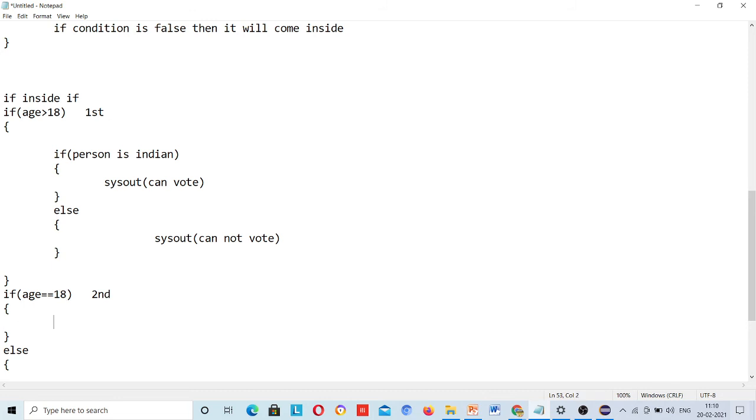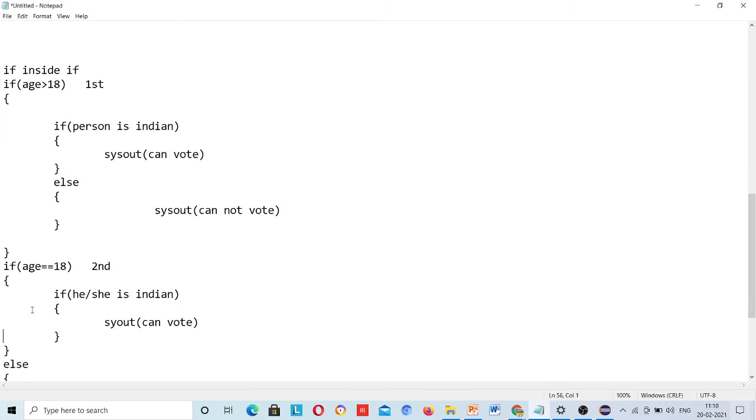Then of course you need to check if he or she is Indian, then can vote. Okay, and if he is not Indian, then of course cannot vote.